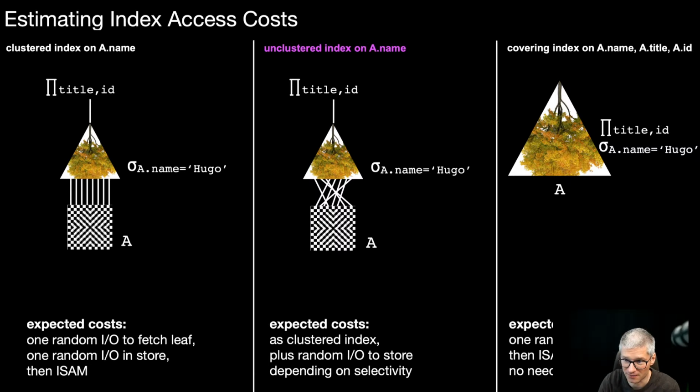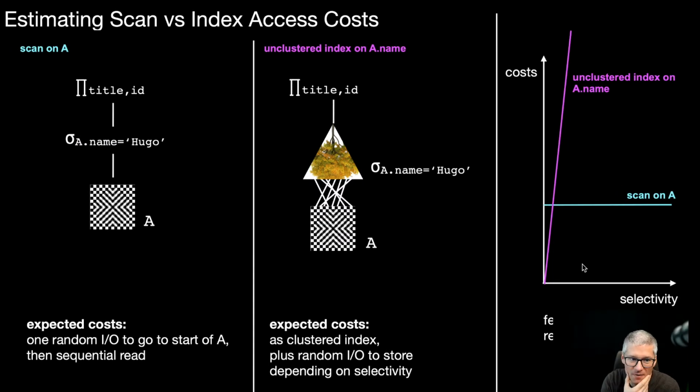Except you don't even have to go to the data store. So the critical thing are those unclustered indexes. With clustered indexes and covering indexes, the cost estimate, there won't be surprises. That's okay. That's the best you can do. What can go wrong? That's fine. But the problem is unclustered indexes, and that is where some systems really have problems, and that's depicted here on